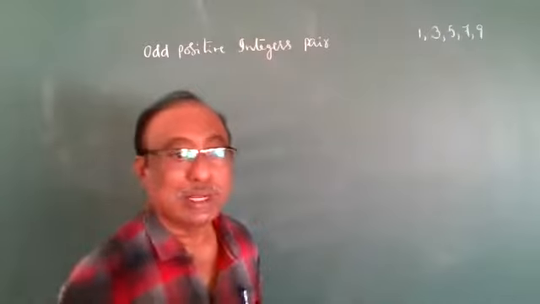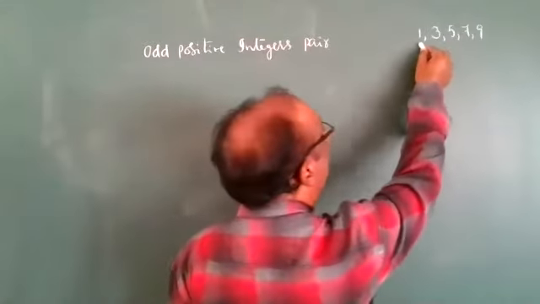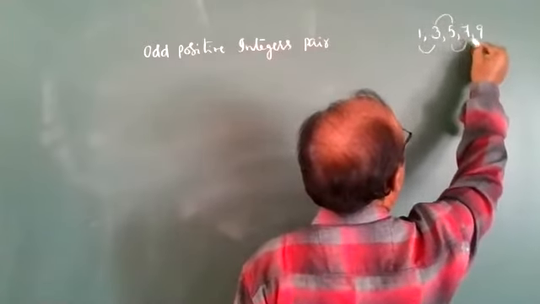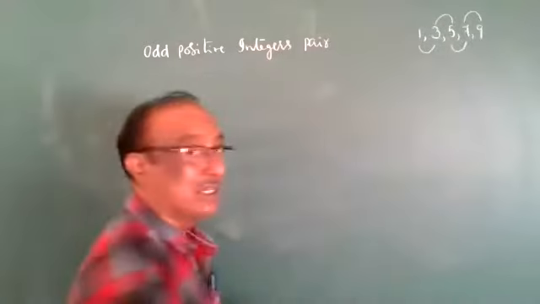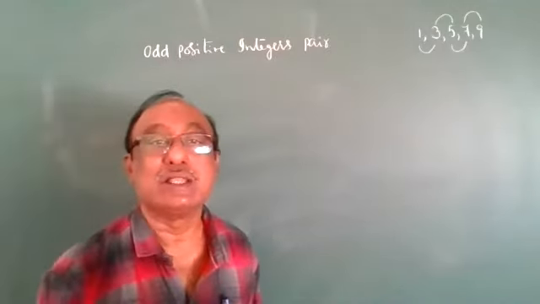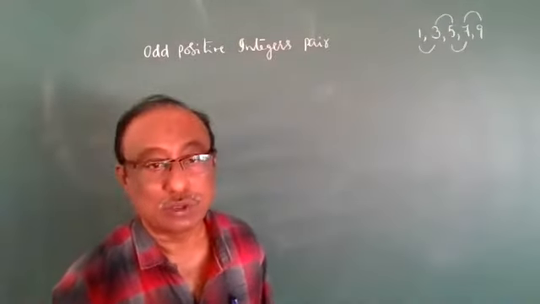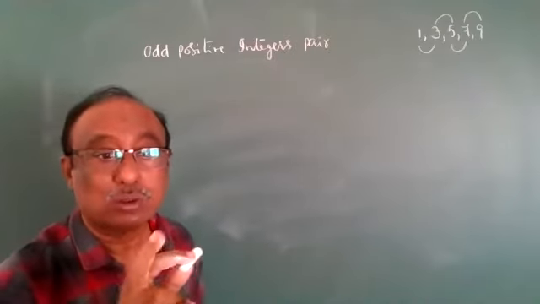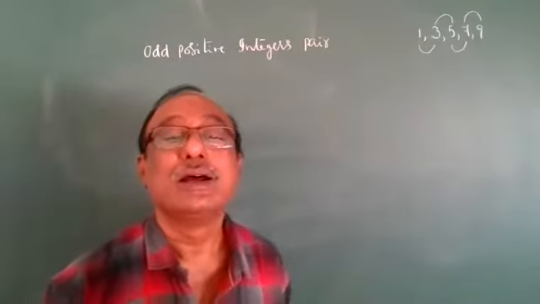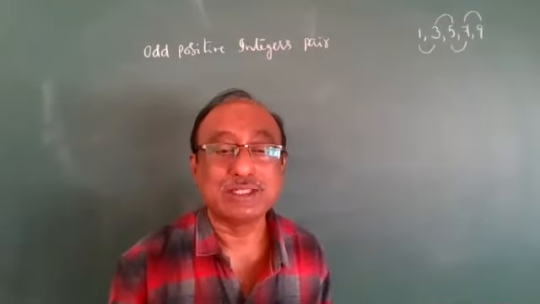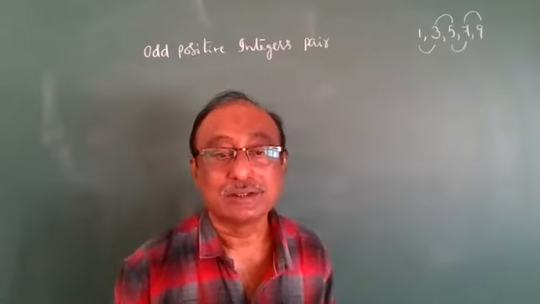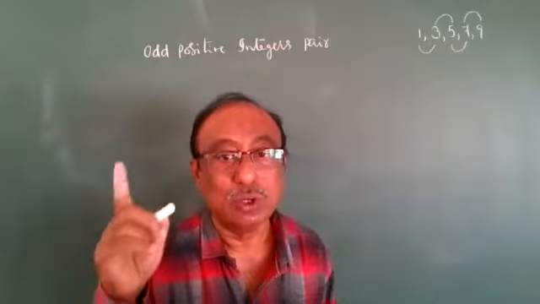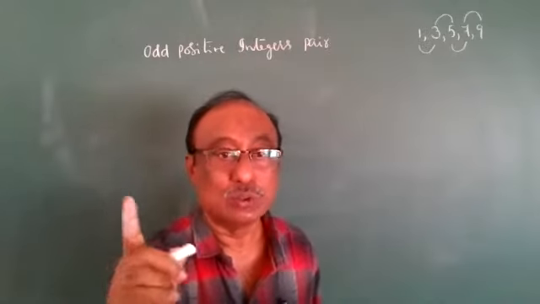In odd numbers, what is the difference in between? See, the first two, the next two, the next two. Observe, what is the difference? Understand? The difference is 2, not 1. The difference of 1 and 3 is 2. 3 and 5 difference is 2. 7 and 9 difference is 2.